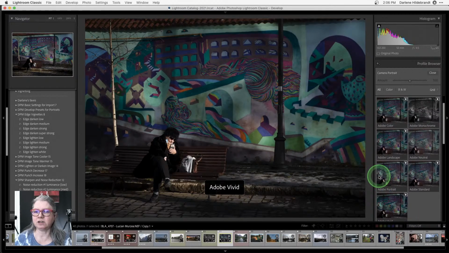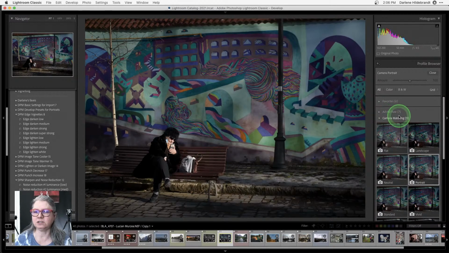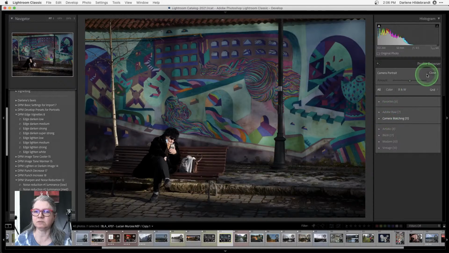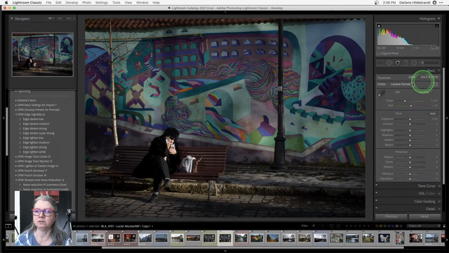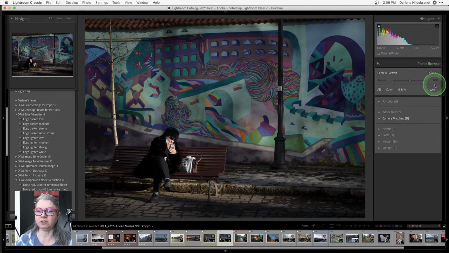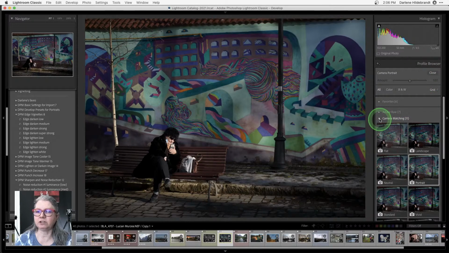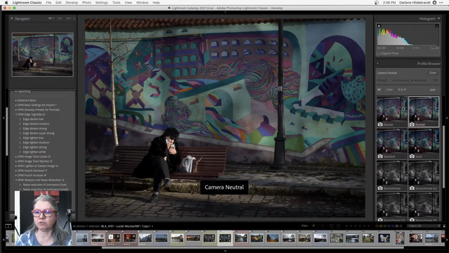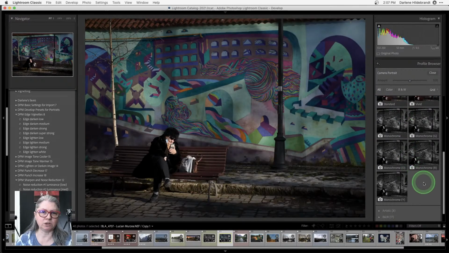But when you are inside of Lightroom, you can see these camera profiles up here. Click the little squares to open this, and then look for camera matching, because if your camera is recognized by Lightroom, you'll see different profiles that come with your camera, and these are similar to the ones that you would find inside your actual camera.